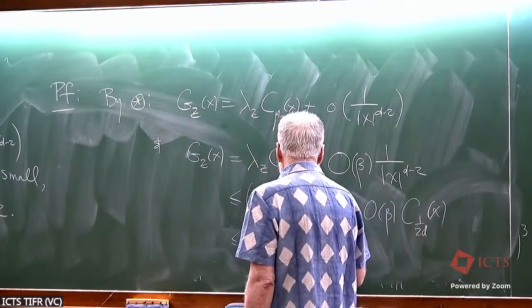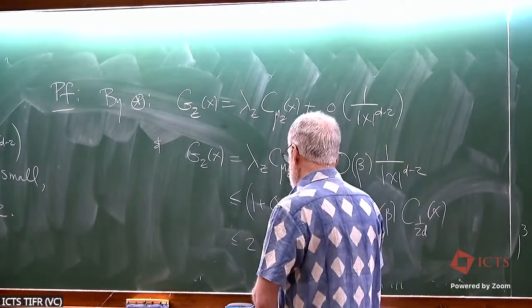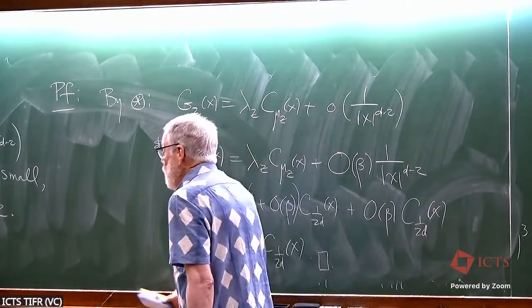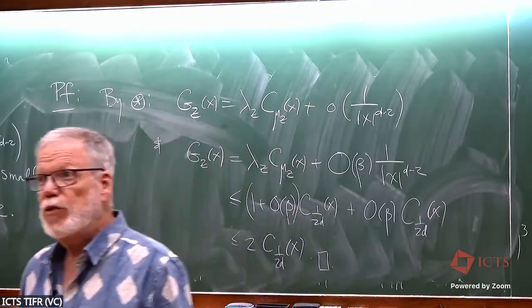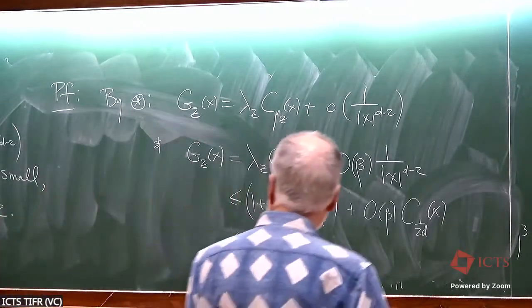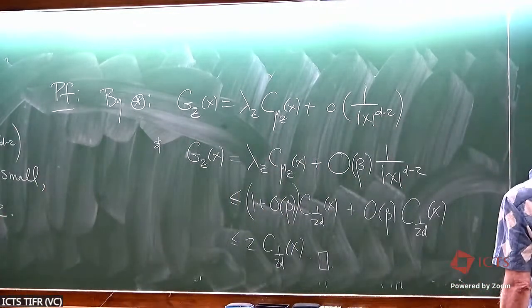Okay, so that's the proof. Well, everything has been contingent on B(z) being less than or equal to 3, but now we'll be able to see that it actually is.